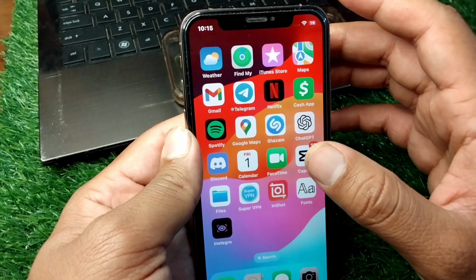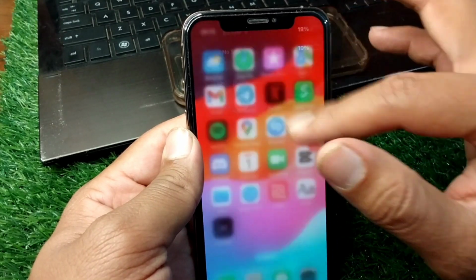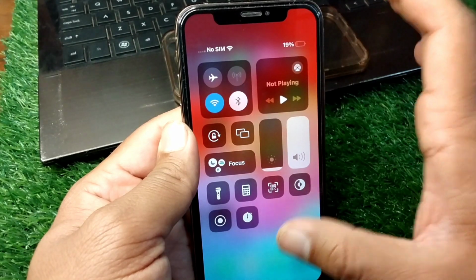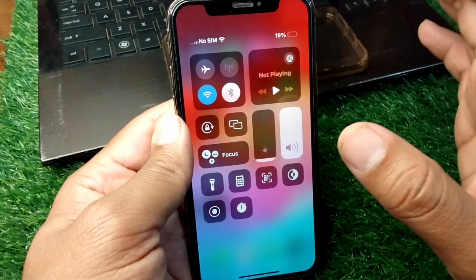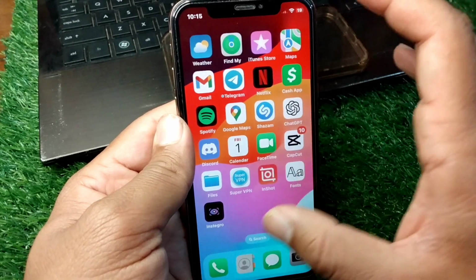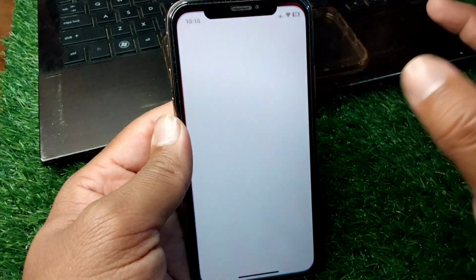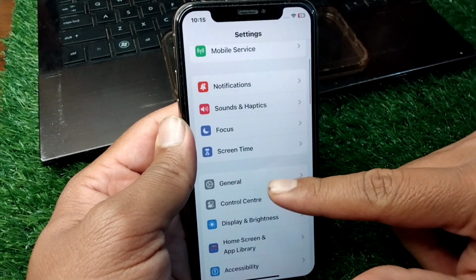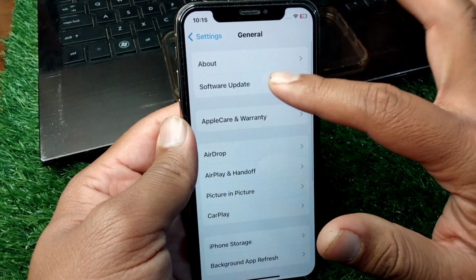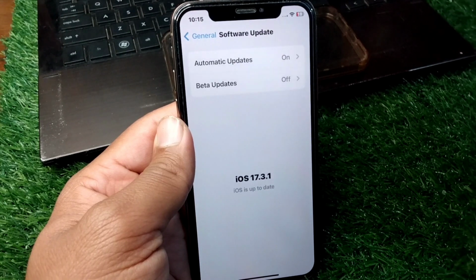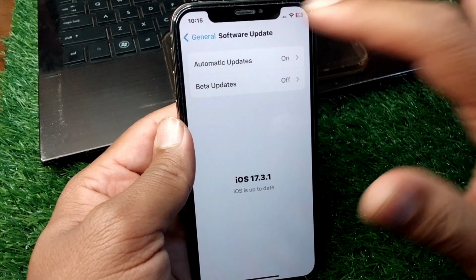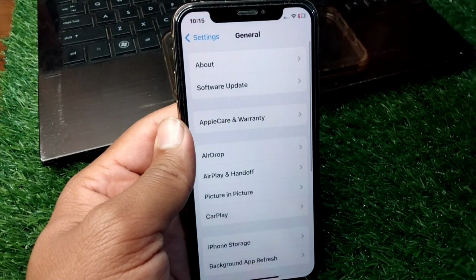So guys, first of all, go back to your home screen and now drag down your control center and make sure that your internet connection is working properly. So guys, check your internet connection, and after this go back and open settings on your device, and now you have to simply open the general section and tap on software update and make sure that you are using the updated version of software. So guys, do this, and after this check if the problem is fixed or not,